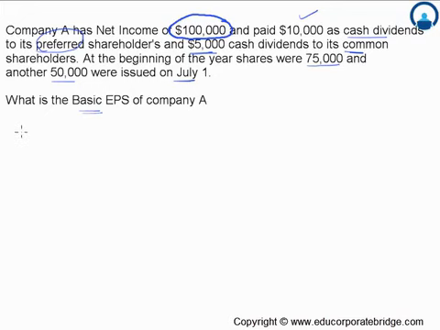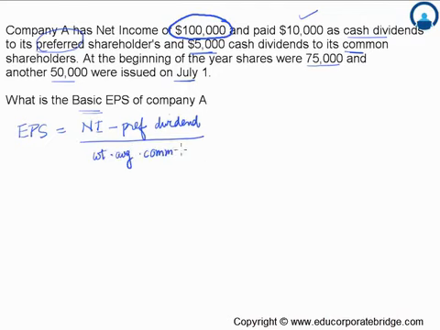Let's try to formulate and look at what will be the basic EPS of company A. So going back to the formula, the formula is net income minus the preferred dividends divided by the weighted average common shares. Okay, so let's find out the numerator first. What is the net income? Net income is $100,000. What is the amount of preferred dividends that has been given? That is